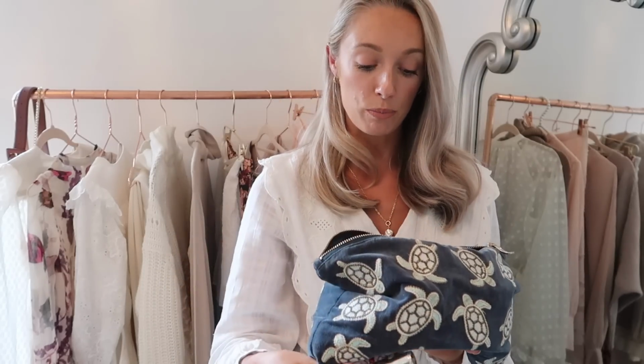I've got a tinted lip balm here from By Terry, which I'll tend to apply just before we land. And then of course I've got my BareMinerals Original Foundation. This is great for traveling because it's not a liquid, but it just gives your skin the most beautiful coverage. You can build it up for as much or as little as you want. You can use it in really precise areas like a concealer or all over, depending on what kind of coverage